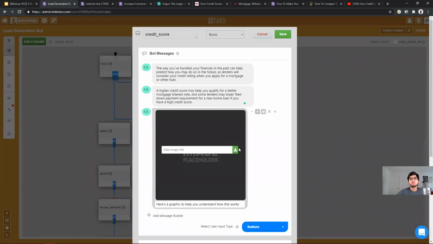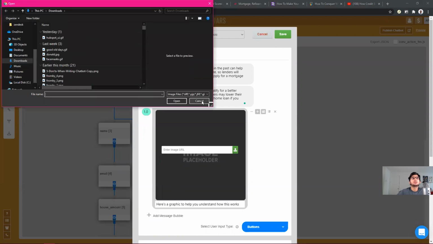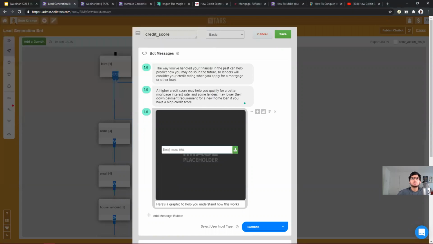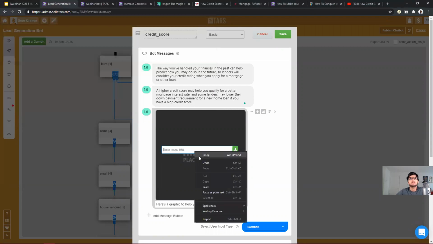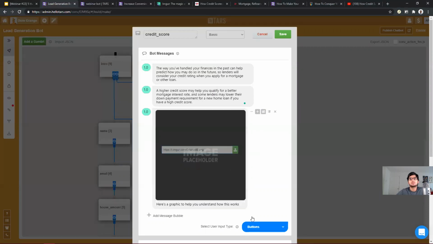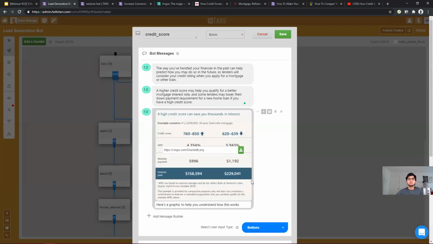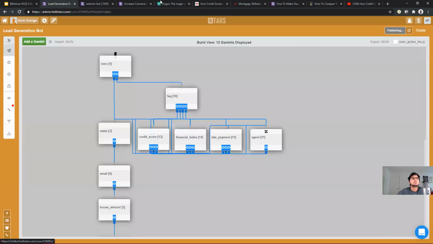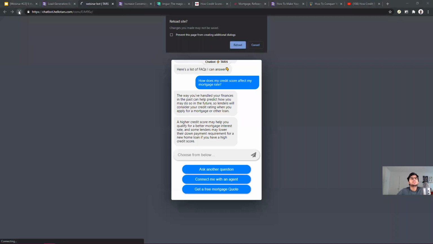Now, there are two ways you can go about this. If you click this green button over here, you can upload an image from your computer. But in this case, since I have a link to the image, I'm just going to paste it in the field over here, which says enter image URL. So I'm going to right click, paste. And over there, we have our image appearing in the page. So if I hit save, publish, and then reopen this chatbot,